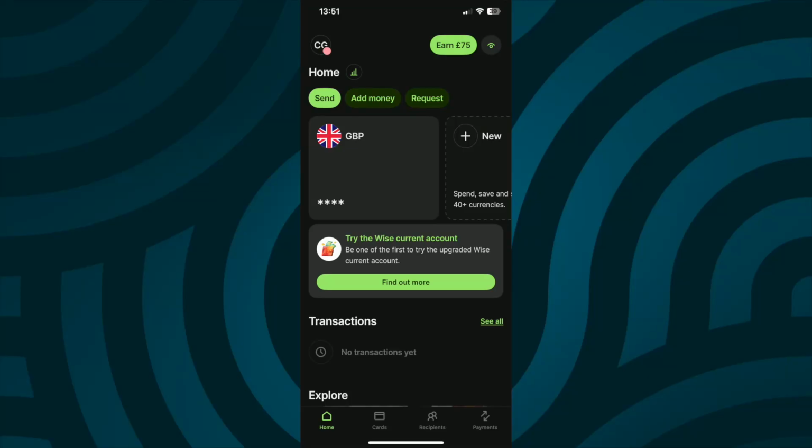So how to add USD in Wise? To go ahead and add USD to Wise, if you open up the Wise app, you should see a list of all the currencies on your account right here. So for example, right here, you can see that we have British pounds. So if you want to go ahead and add US dollar, you simply just want to click on New right